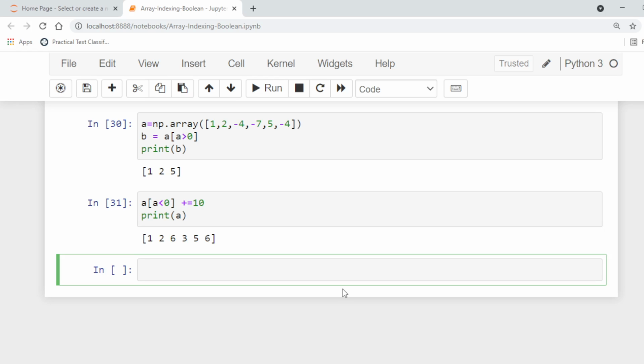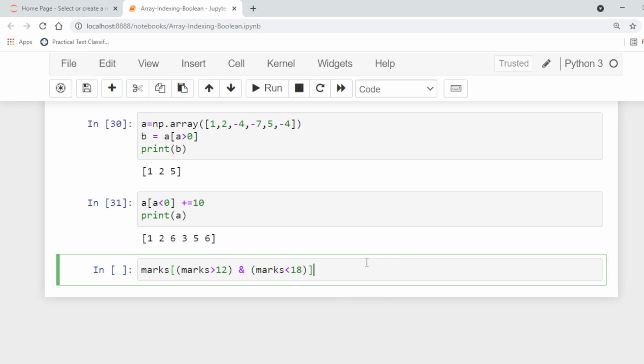For example, if we want to display all the marks that are greater than 12 and less than 18, we can write it like this: marks greater than 12 and marks less than 18.